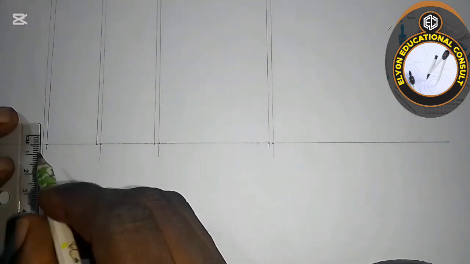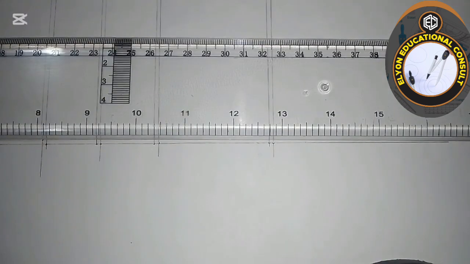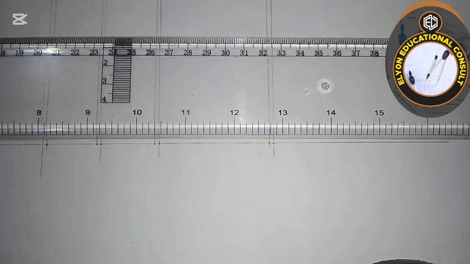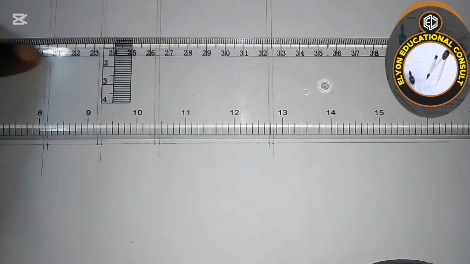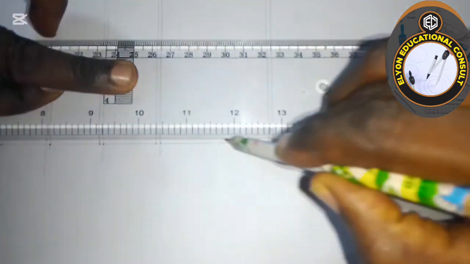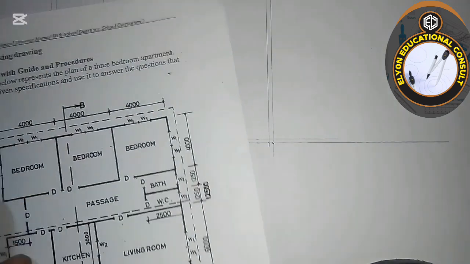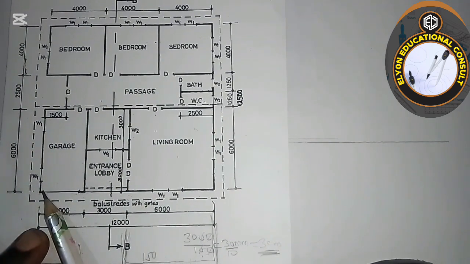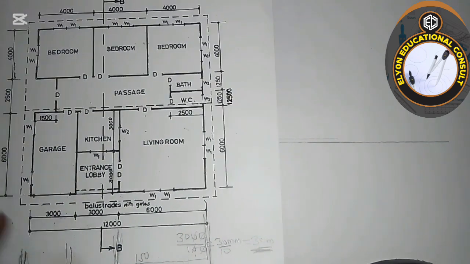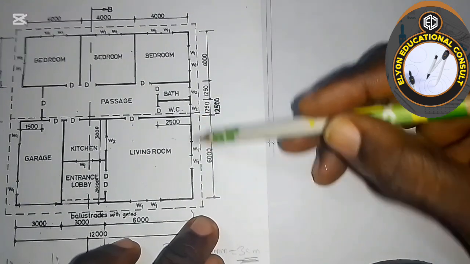So the thickness 0.2. You take this way, shift it until it gets to that 0.2. Then I just produce this line. So that is a thickness from this place. Then the next thing now, we are going to be taking the height for this living